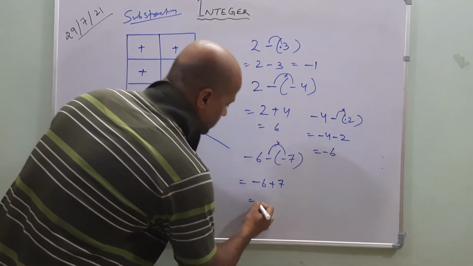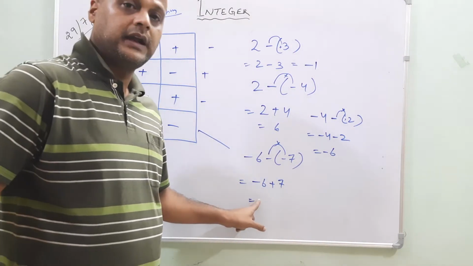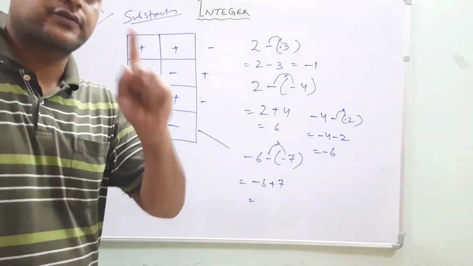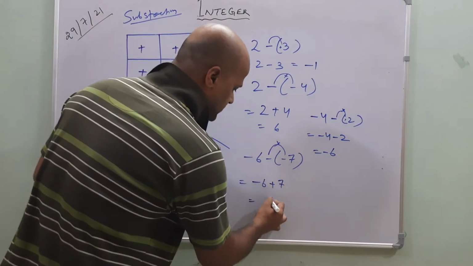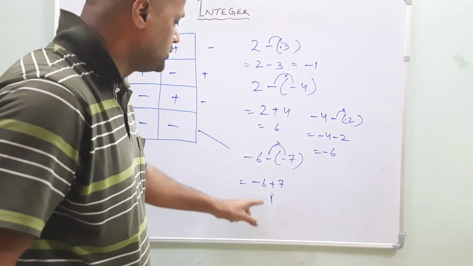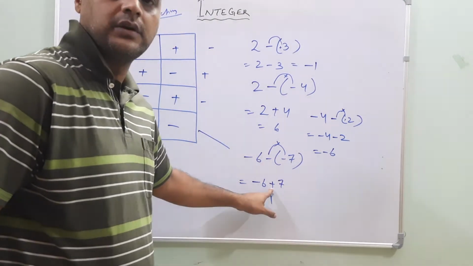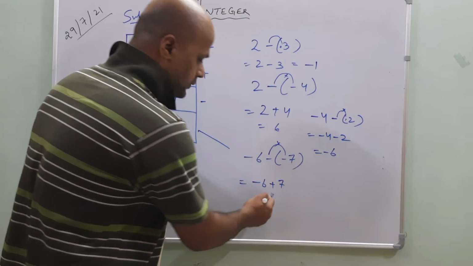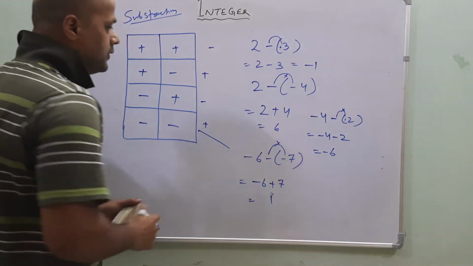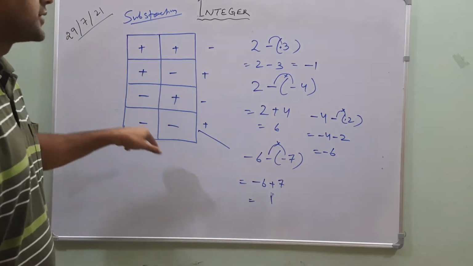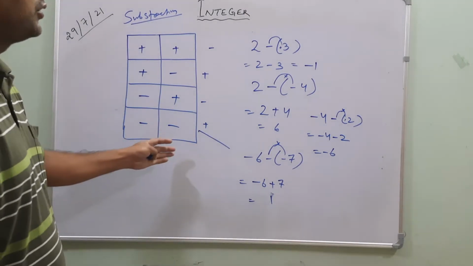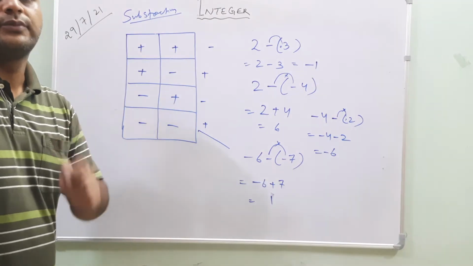Now remember, in case of addition what happened? One negative integer, one positive integer is there. So what will we do? Our rule is what? Subtract the numbers first. 7 minus 6, it is 1. Put the greater value's symbol. Which value is greater? 7 is greater. What is the sign of the greater one? Plus. Okay, so plus 1 means this 1. So this is the result of the different subtraction that came here. So we have now found out how integers behave with subtraction. This is a very, very important thing you have to remember.